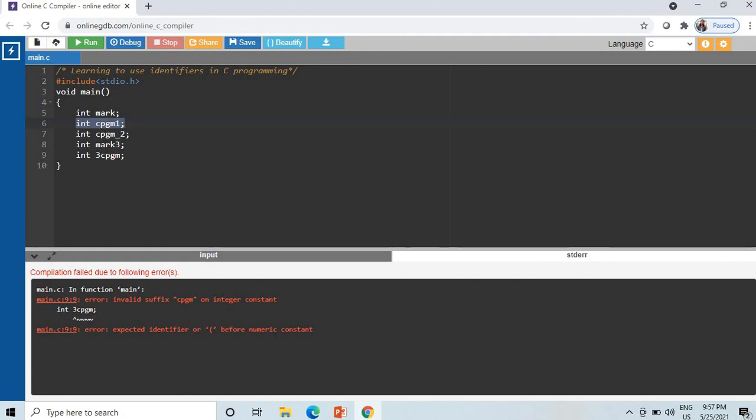It begins with an alphabet character. Cprogram_2 is also correct, and int mark3 is also correct. But if it begins with a number, like 3Cprogram, the variable name begins with a number, so it is an error. That's why when we compile it, we are getting the error.